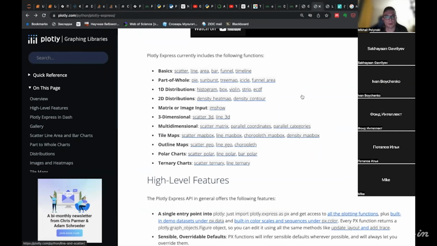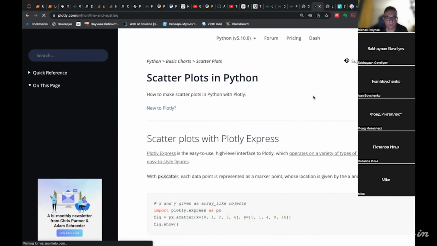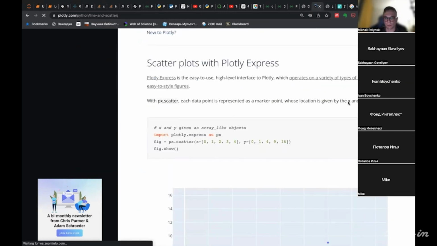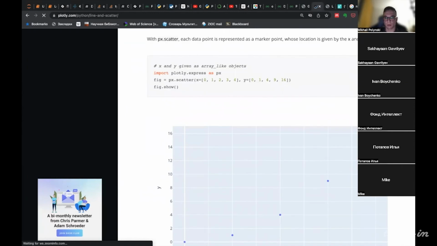For example, you can make scatter plots in Plotly like this.